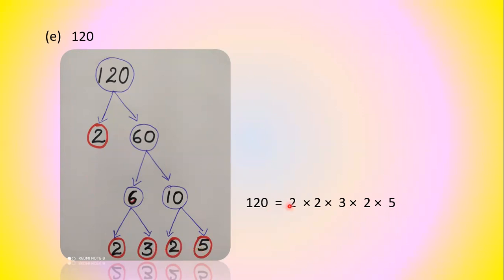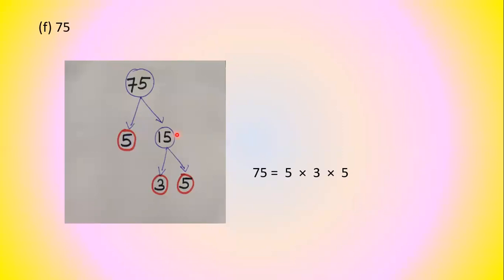And we will check the answer. 2 2s are 4. 4 3s are 12. 12 2s are 24. 24 into 5, 120. And you will get the same prime factors, whatever factors you take in the beginning. Instead of this 2 into 60, if you take 5 into 24, you are also going to get the same prime factors at the end. Whatever we take in the beginning, the prime factors will remain the same at the end. Okay, now we will see the next question.